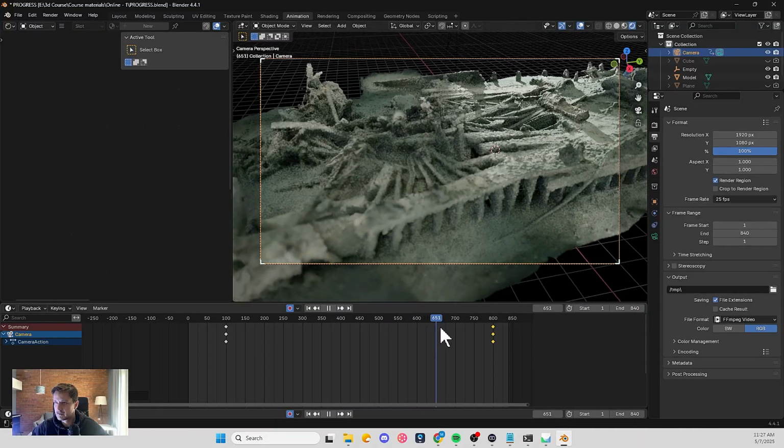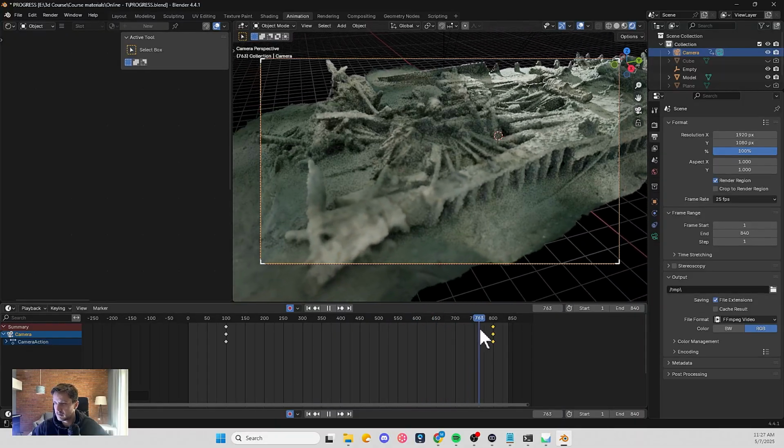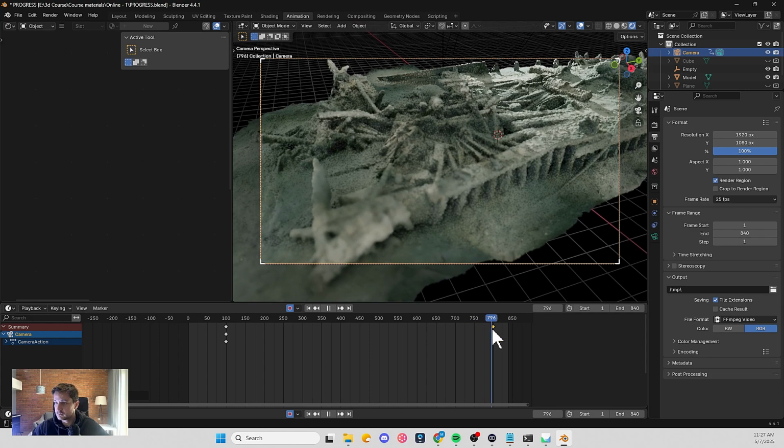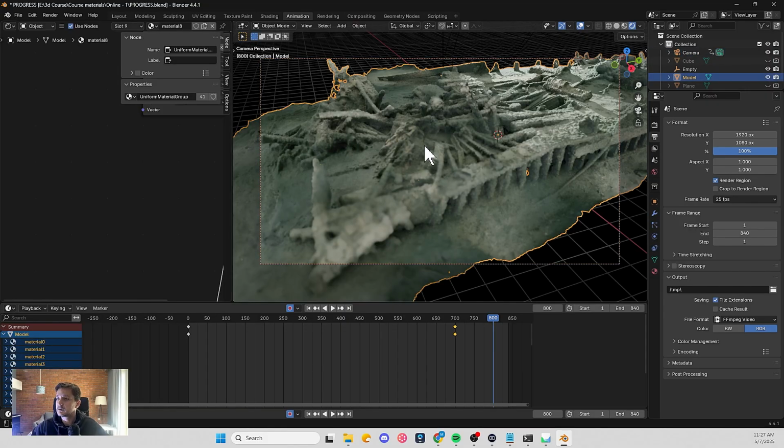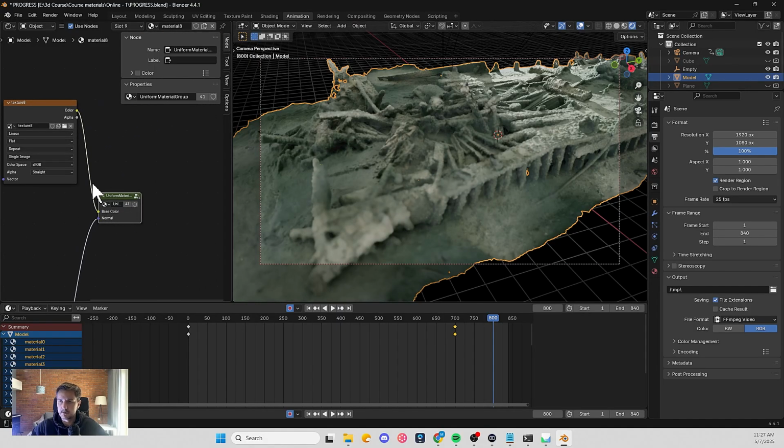Now, again, the animation of the transition is going too fast. But hey, maybe that's not a bad thing. I mean, maybe our camera is right, but perhaps we need to tweak the animation of the material. So, let's select the object, find our, well, actually we don't have to find our group, we already have our keyframes. And I'm gonna take the last keyframes of our transition and move them